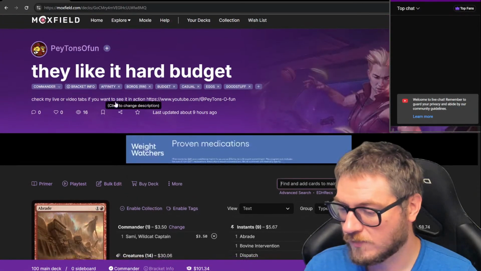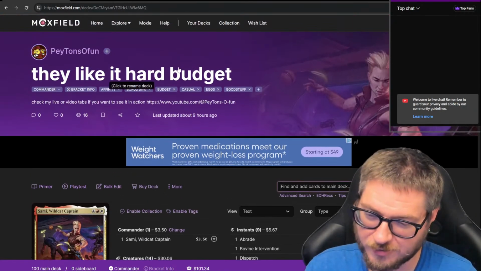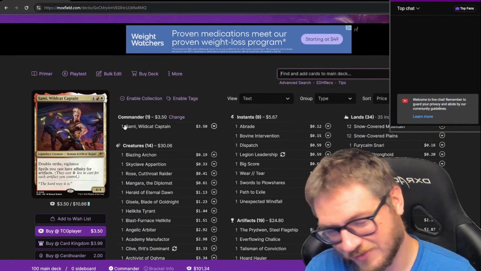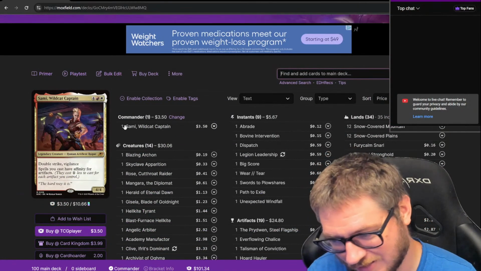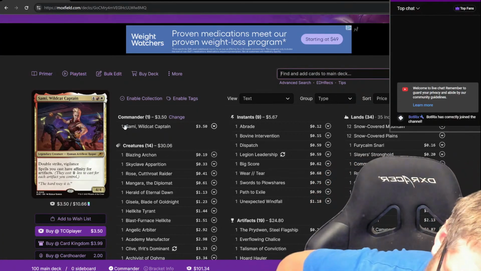We're gonna talk about the decks first. Playing Sami, the Wildcat Captain. I call it "They Like It Hard." There's a reason, and it's purely because of the flavor text on the commander, and that's the hard way it is. And I was inspired, and I can't not